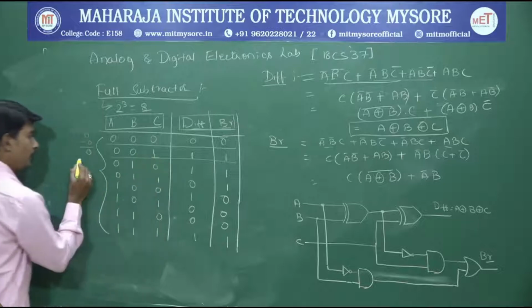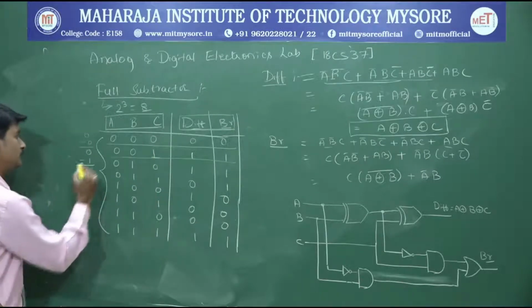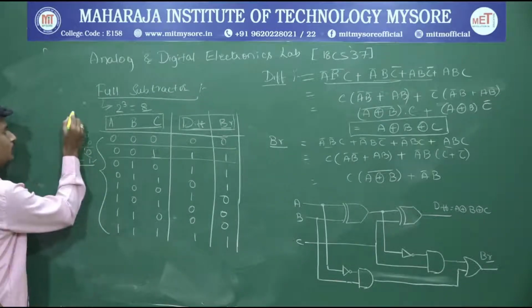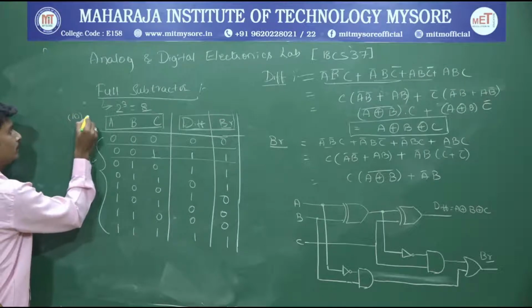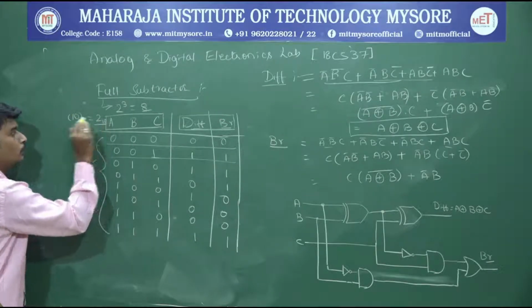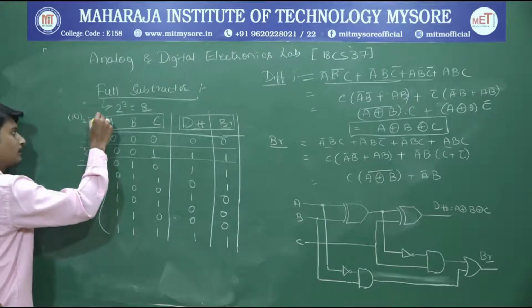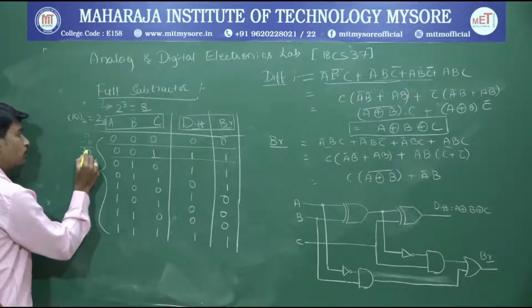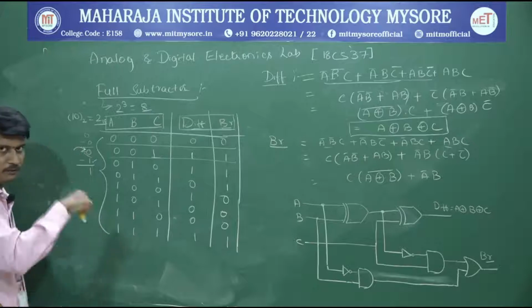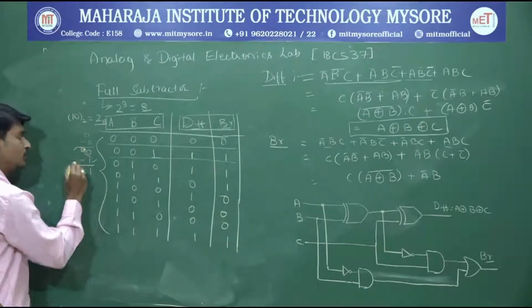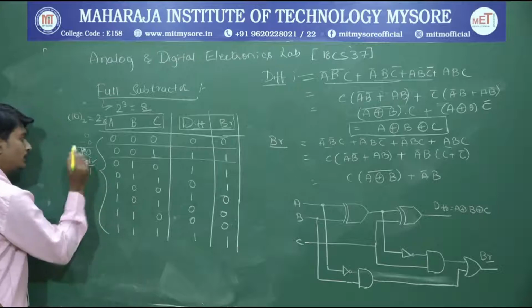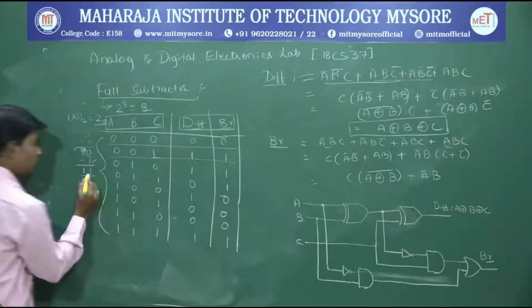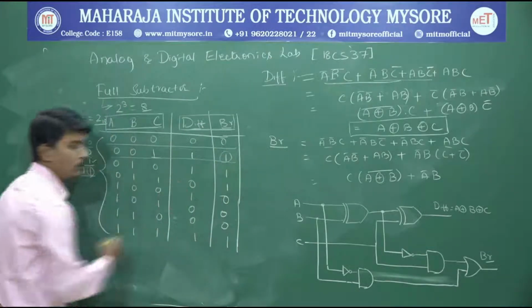When we subtract this 1 from this 1, since this number is larger than this one, we need a borrow over here, which makes it 1 0. As we know, 1 0 in a binary number is 2 in decimal format. So when we subtract 2 minus 1, obviously we end up with a difference of 1. And what about this borrow that has been fetched from the previous number? That will again be 1 0, again 2 minus 1, which is 1 itself. So that 1 will be retained over here. That makes the difference also 1 and borrow also 1.